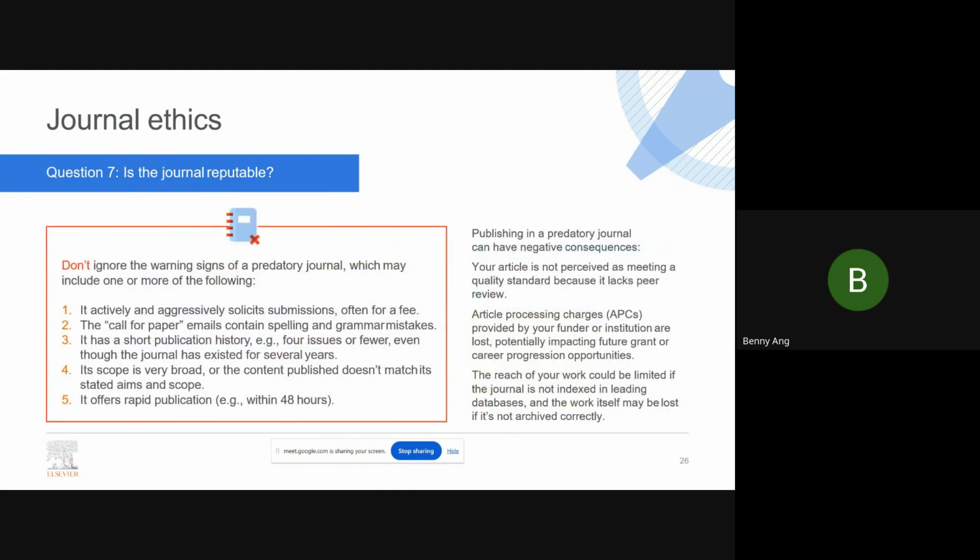So these are the 5 warning signs of a predatory journal, especially when we are actively looking for open access journal publishing. These open access or predatory journals are usually very aggressive and very active, day and night sending out call for paper emails, often for a fee, right? And the call for paper emails contain spelling and grammatical